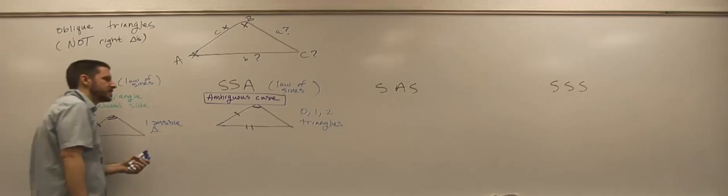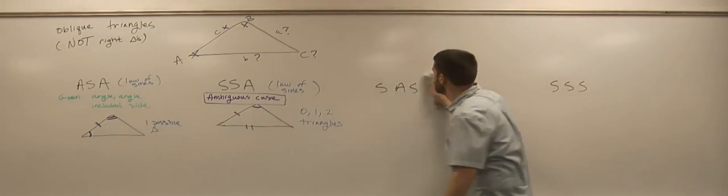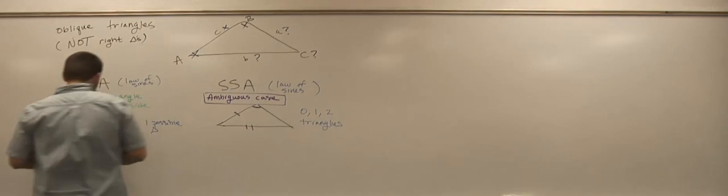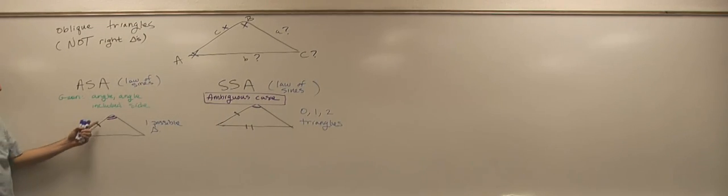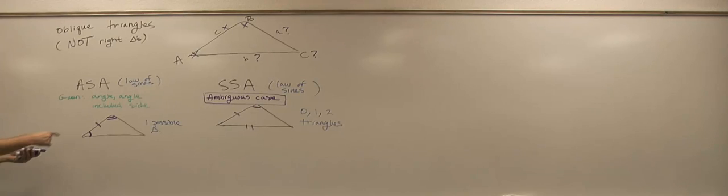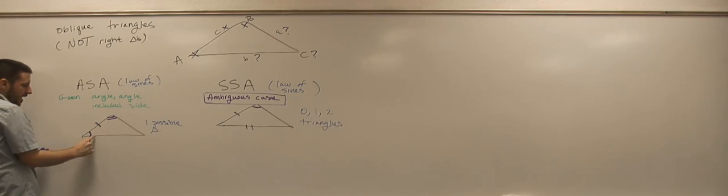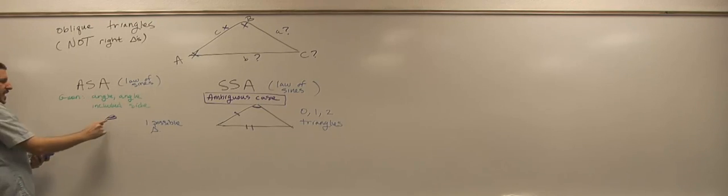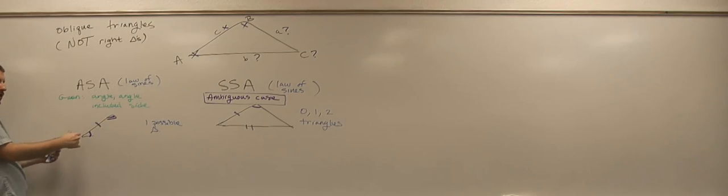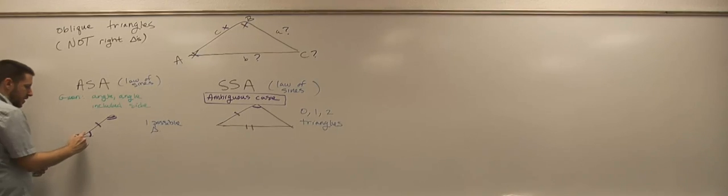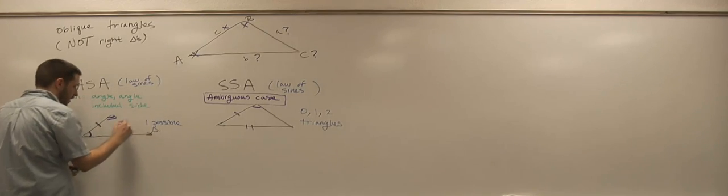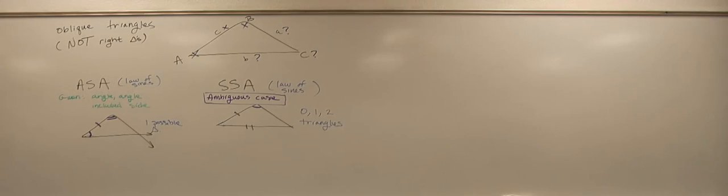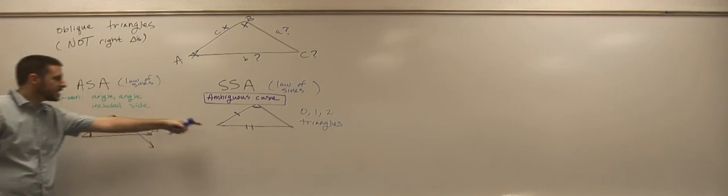So let me take 1 second and show you the difference here. In this case, no matter which two angles I give you, and which side length I give you, if I only gave you this angle and this side length, there's only one triangle you can make with this information. You go out here, you go out here, and that's the only triangle you can make. There's no choice. But in this case,